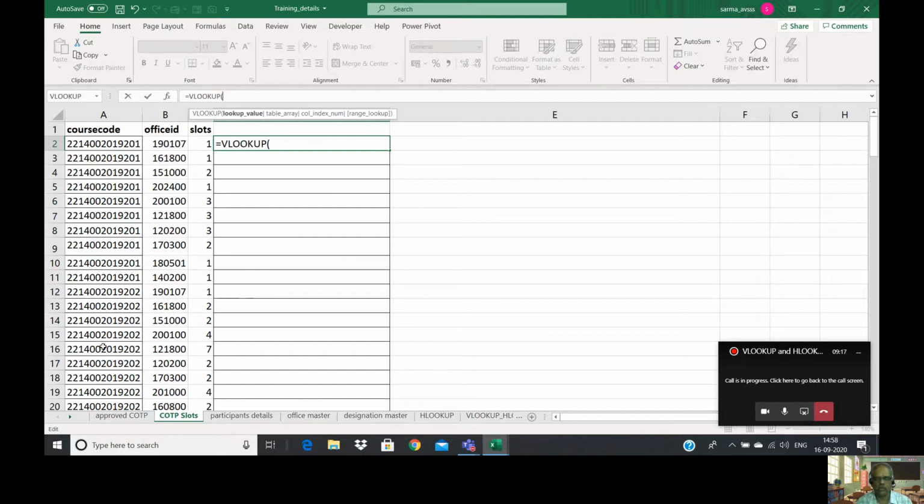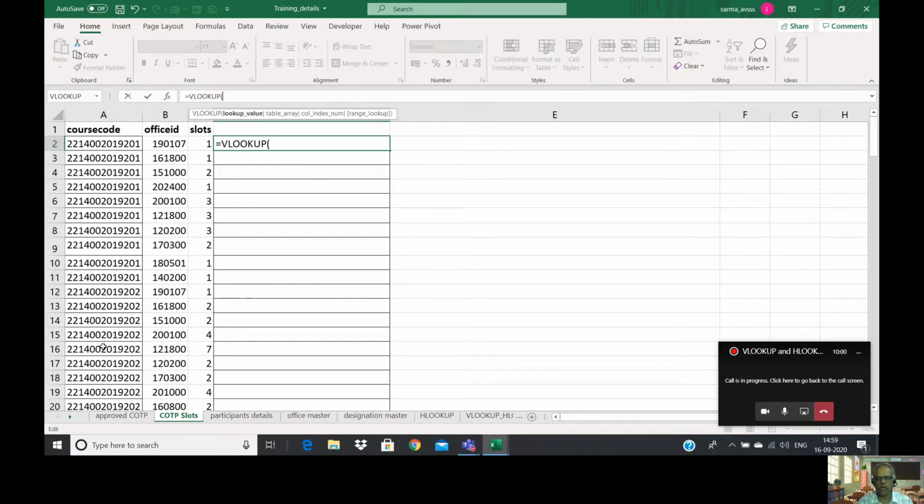And one more thing which we have to remember is VLOOKUP always searches down and picks up the value from the right side. What does right side mean? Suppose the course code is available in A and the course name is available in B. Suppose, for example, you have data which consists of course name first and the course code after that, then your VLOOKUP won't work. Why? Because once it finds the course code in a given column, it will try to pick up values from the right side. But here your course name is available in the left side, so it won't pick up the values and the function will not be executed.